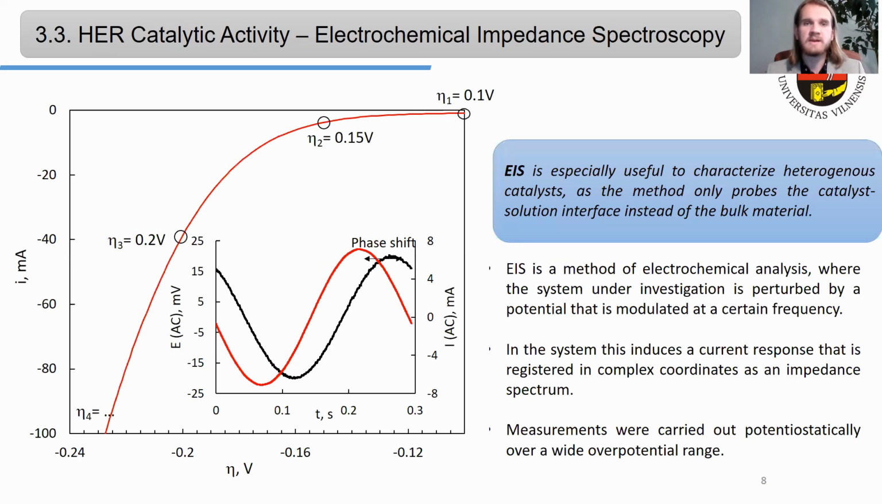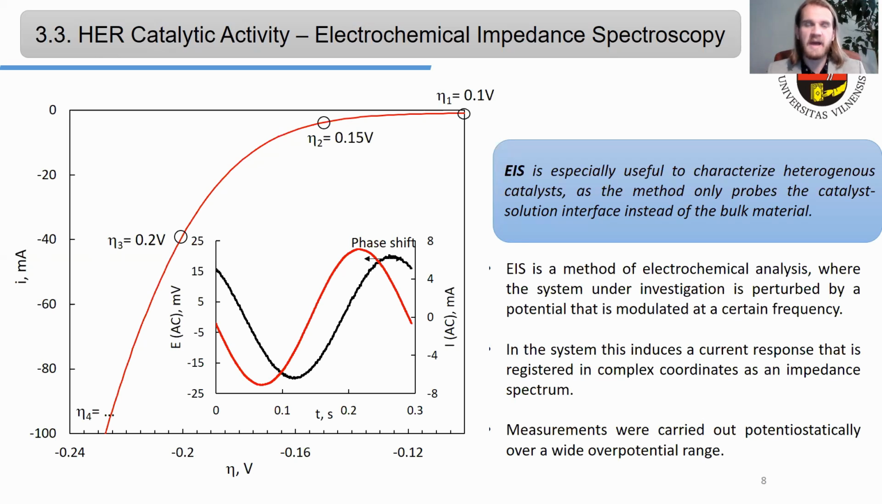And finally, I would like to discuss the use of electrochemical impedance spectroscopy and show you what information it can give us on heterogeneous catalysts. This method is especially useful for heterogeneous catalysts because it only probes the catalyst solution interface and not the bulk material. To put it simply, the way it works is that the system under investigation is perturbed by a potential